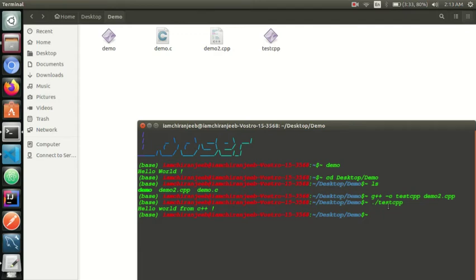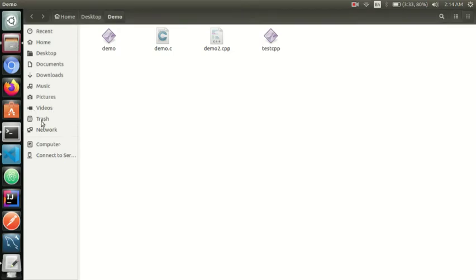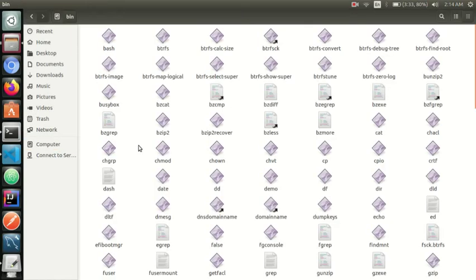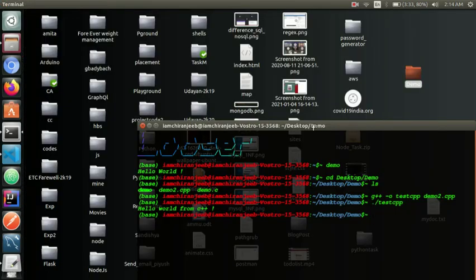Now what I will do, I will copy this executable file test_cpp to /usr/bin. After copying it there, this will be a command of our Linux OS. So let's see. I am copying this, I am not moving that file to the bin folder.